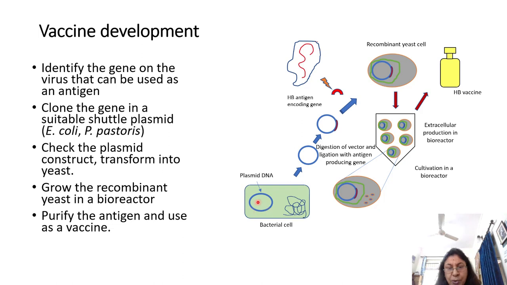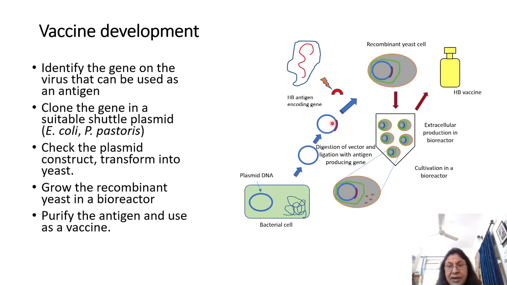So what you do is that E. coli is cultivated on a large scale, the plasmid DNA is prepared, it is digested, and then you create a recombinant vector like you see here. So the blue backbone refers to the plasmid vector. Then we have also inserted a little part of this gene, this entire gene which is coding for this antigen into this. So now you have a vector right here.